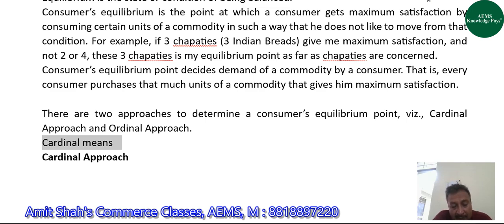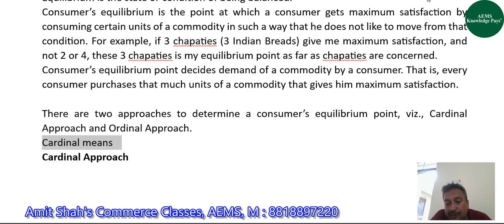Now his friend asks him, what is the level of satisfaction from wearing this shirt? If he could quantify his level of satisfaction, it is the cardinal approach. If he cannot, it is ordinal. Have you got me or not? If he could give numbers to express the level of satisfaction he has obtained from wearing that shirt, it is cardinal. If he cannot, and just says, no, I'm feeling very good or awesome or it's okay, then it is ordinal. I hope you have got this.